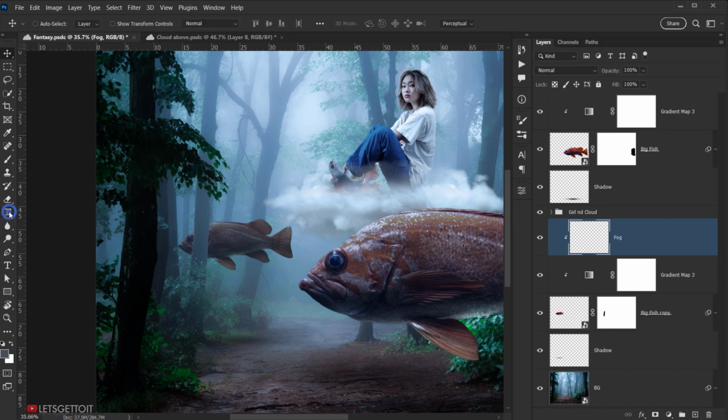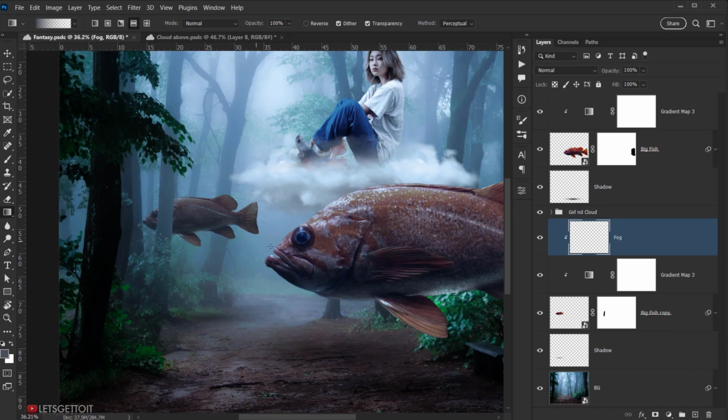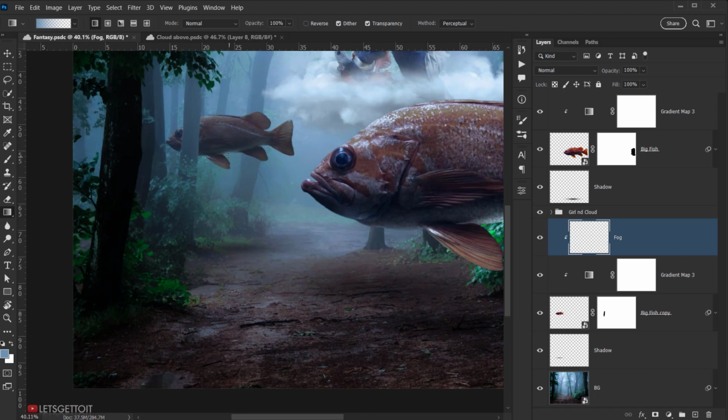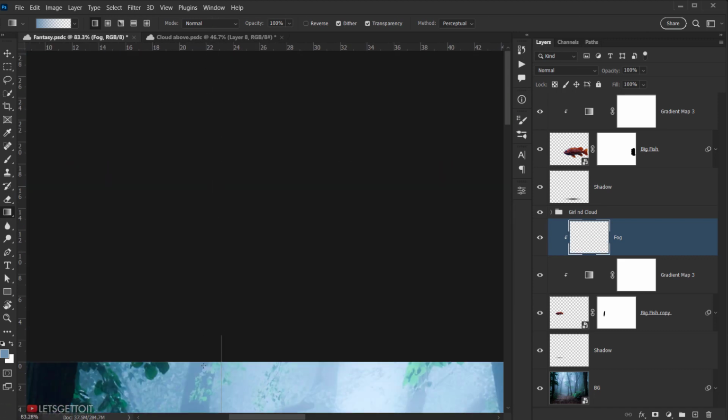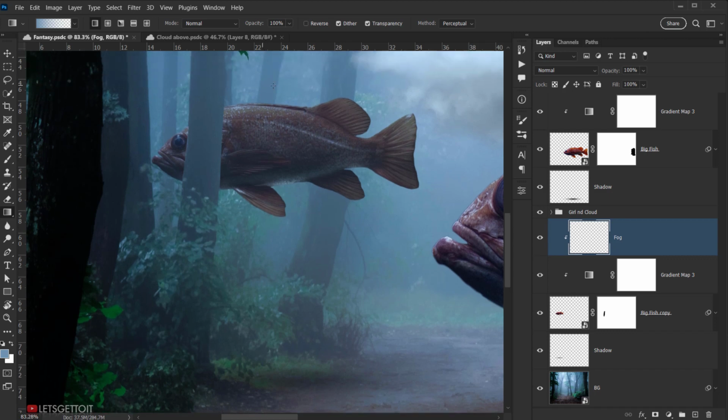Alright, and then I will go to my gradient in here, and as you can see in here I have the gradient set to color to transparency. So whatever color that I have in the foreground, it will be for the color that it will show from color to transparency. Alright, so let's sample a color in the background in here, and then using linear gradient in here, I can just go just right here and press Shift and drag up to somewhere just like that. Maybe I will redo it. I will go from here, and no, that's too much, sorry. Let's redo it from here to around here,